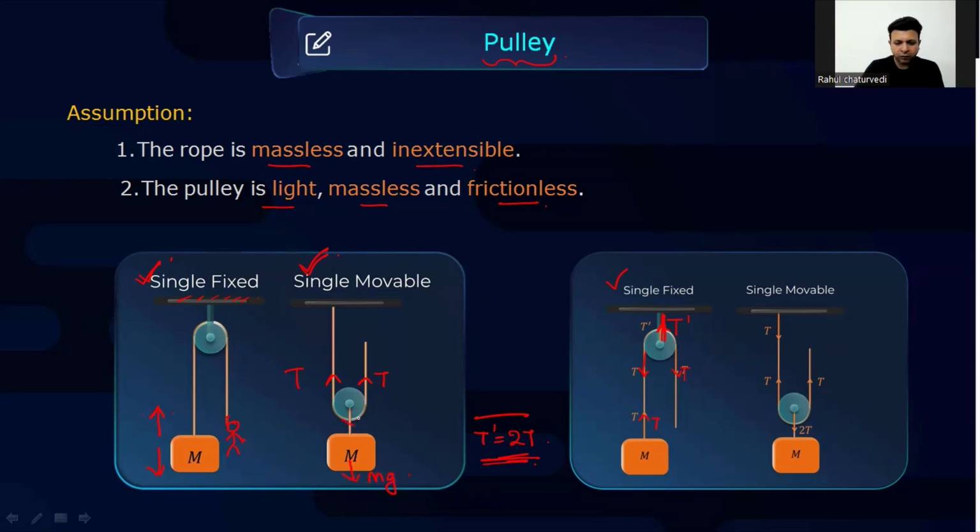And here, one tension T dash will act along the pulley in the downward direction, and here T dash will act in the upward direction. So for the pulley part, you can say that T dash is actually equal to 2T